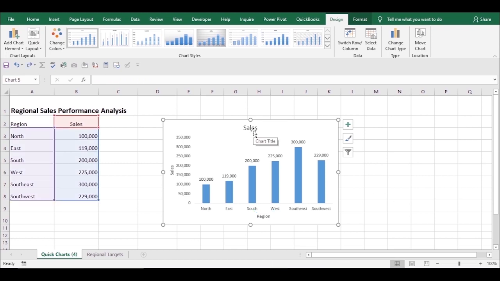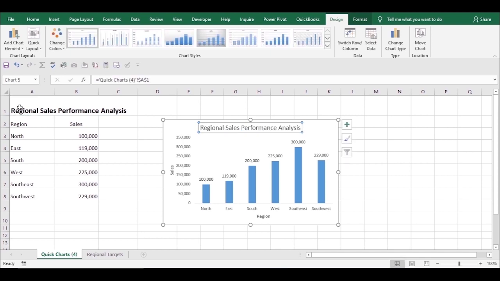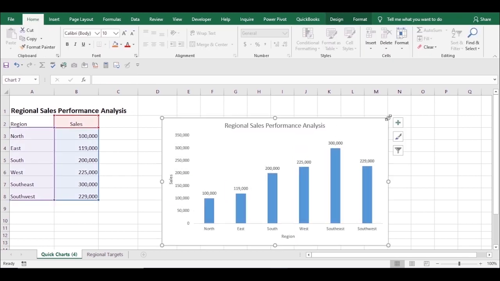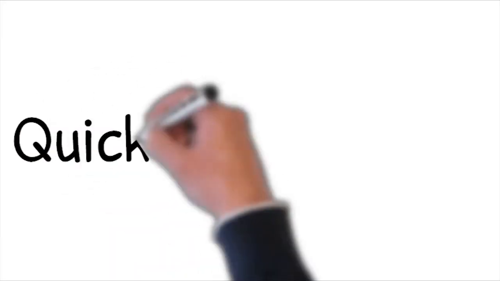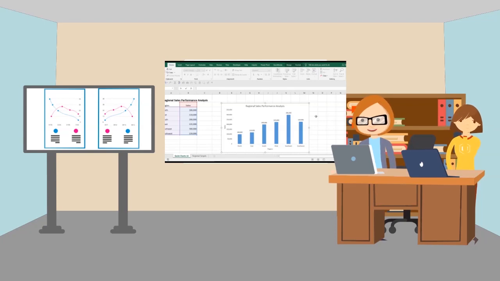Then you need to select the proper chart title. You select the place where you need to put the title and create a link again. Say equal, select the chart title and press enter. So the chart title will appear. To change the size of the graph, you can use these edges to increase the size of the graph. And that's it. Now you are ready for the first discussion with your boss to get your boss's advice for changes and improvements to the graph.